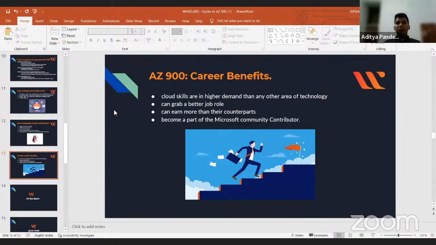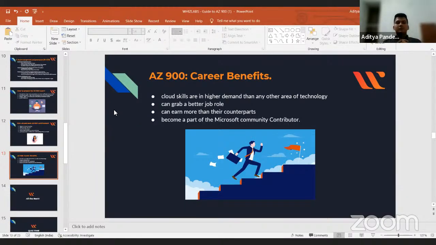So you can conclude how important it is to prepare for Azure cloud or cloud computing. Because if the metaverse is going to be deployed completely on Azure cloud, then the openings will be higher, right? So that's why I mentioned that you can grab a better job role in the market, and you can earn more than your counterparts, right?